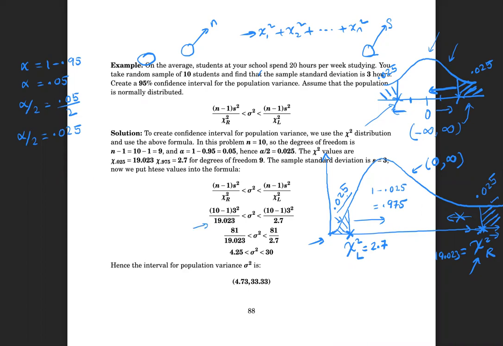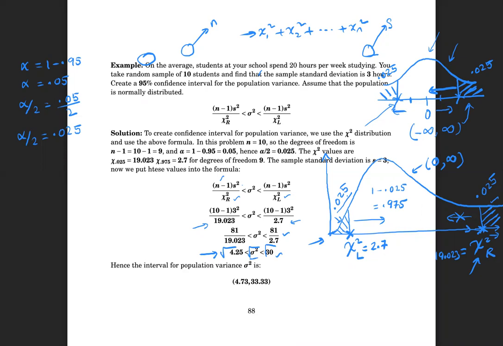So if you plug it in here, you have the chi-square sub R and chi-square sub L. N is 10 and S is 3. So you just do the multiplication and calculation, and you end up getting 4.25 is less than sigma square is less than 30. If you take the square root of everything, then you're going to get